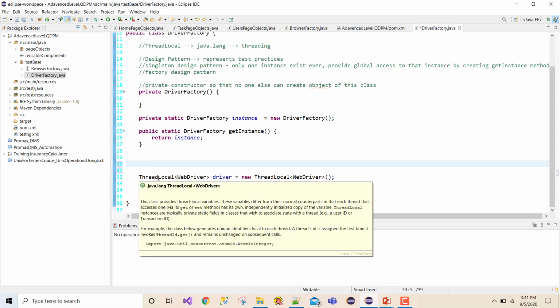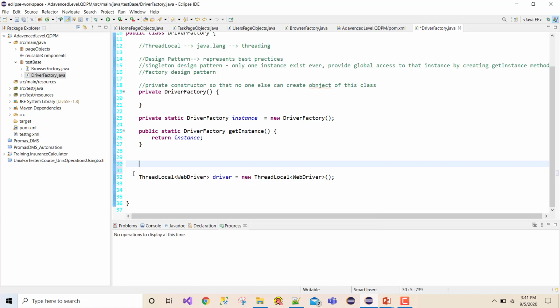So ThreadLocal, as I spoke, is a class which provides thread local variables. Each thread holds an implicit reference to its copy of the thread local in the form of a hash map, the ThreadLocalMap, as long as the thread is alive. So there are some states of a thread. That is not part of our scope, but there are multiple scopes of your thread, and that will come into the picture when you are using thread methods.